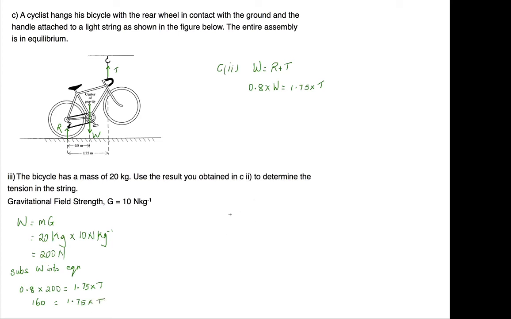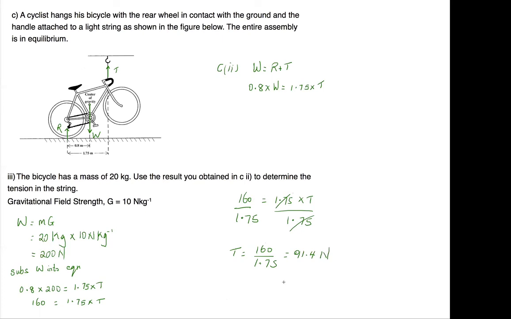If I continue on this side, we want to solve for T. So let me just go ahead and do it the long way. That's 160 is equal to 1.75 times T. So we want to divide this side by 1.75 and we want to divide this side by 1.75. Okay, so these two will cancel and we end up with T is equal to 160 divided by 1.75. So that will give you 91.4 something